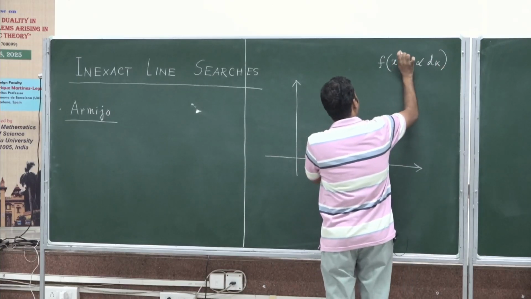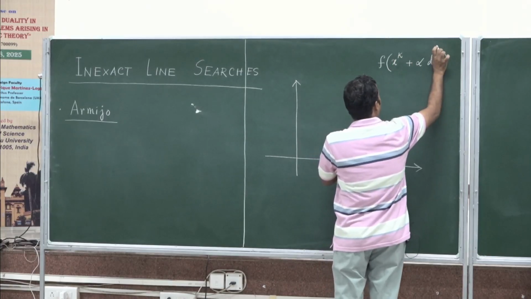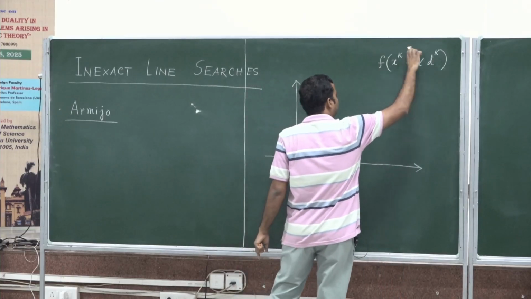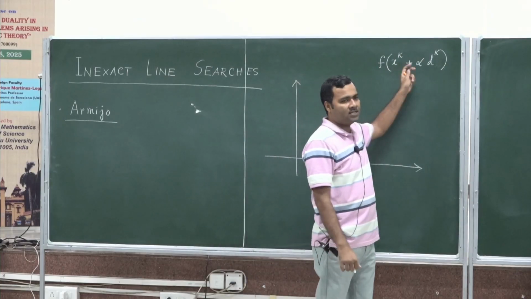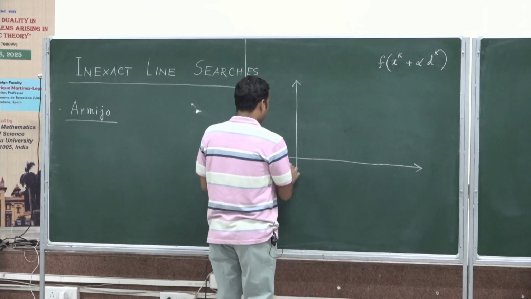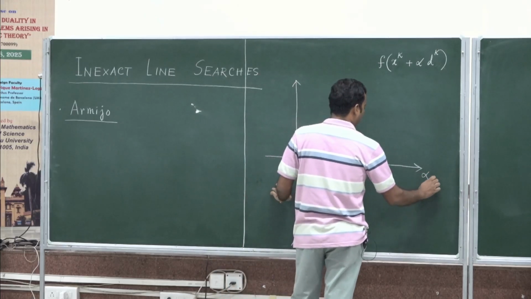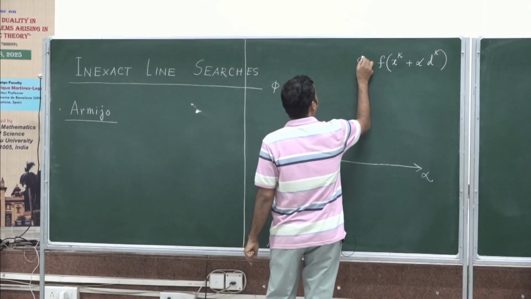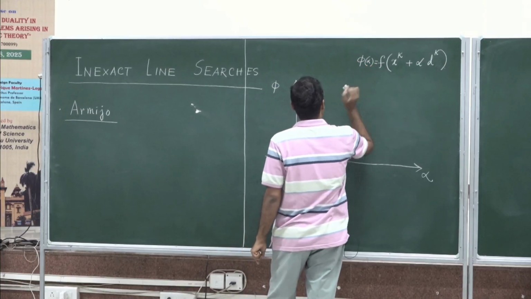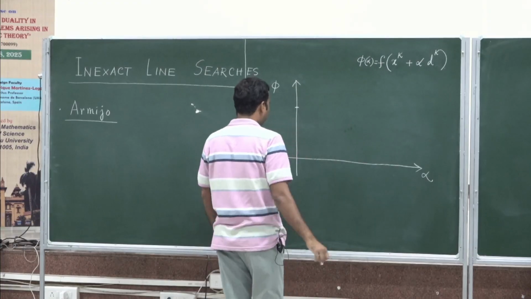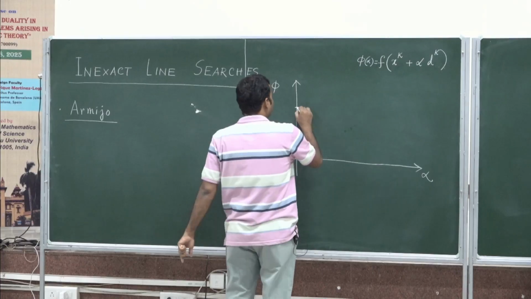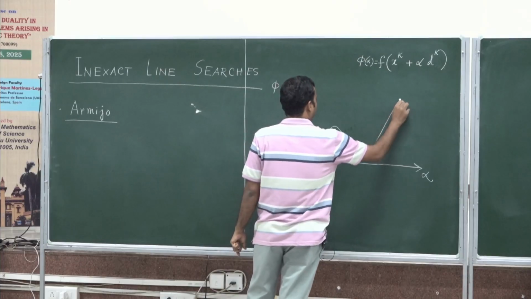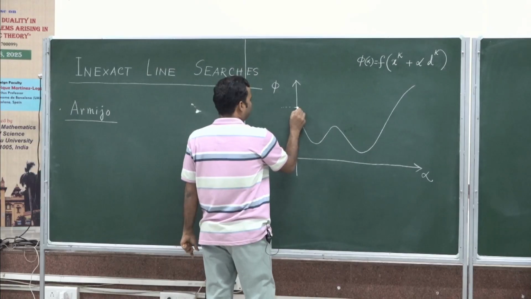Sorry, I was considering superscripts to mention the vectors and subscripts for the scalars. So this function along a direction dk is obviously a function of one variable. Let's suppose the alpha variable is along the x-axis, and here goes the function value. Let's suppose the function phi of alpha is equal to this. At 0 it has the function value f(xk), and let's suppose the graph of the function looks somewhat like this, and the function value at 0 is this much,